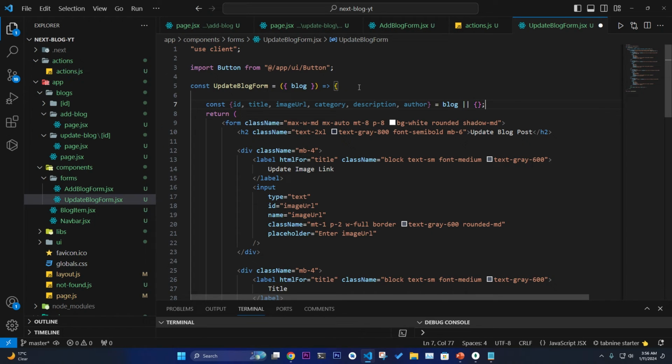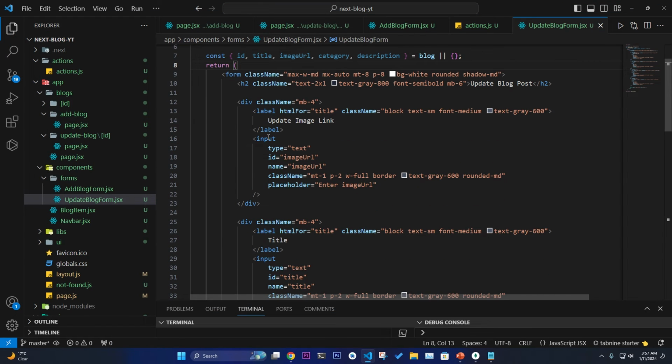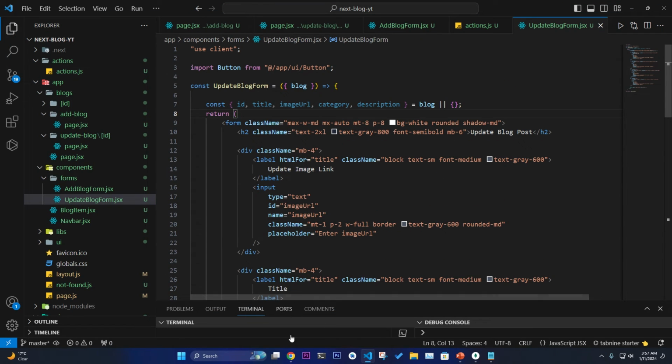You're going to get this, or you're going to get the empty object. Okay, so we have title, image, category, description, author, all this stuff. I don't think we have added any author field, but author is generally my name here. So title, image field, category, description, these are the 4 fields that are basically important. So yeah, 4 fields, so we need to work with it,